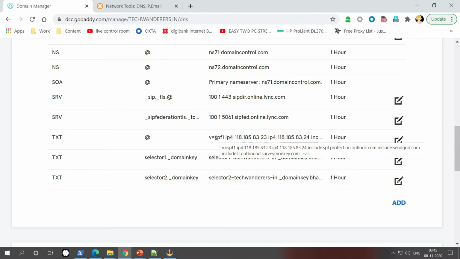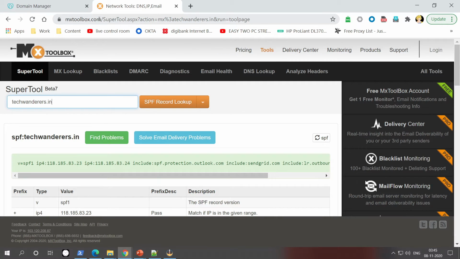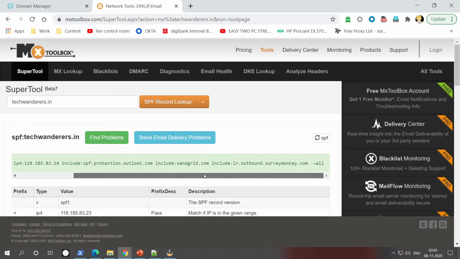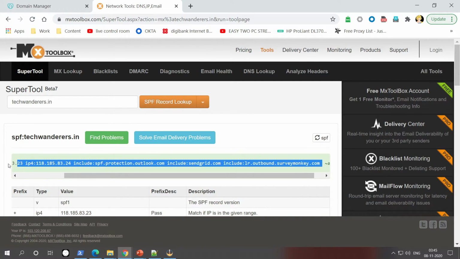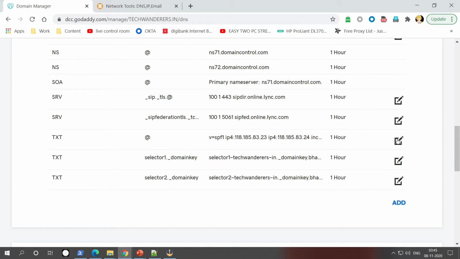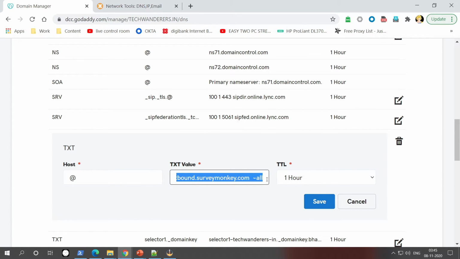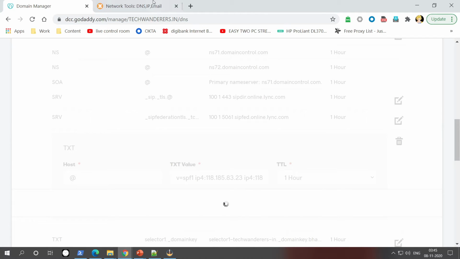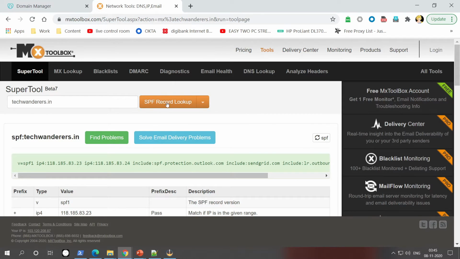You can simply verify your SPF DNS record from MX Toolbox. Go to MX Toolbox, type in your domain, select SPF record lookup, and the SPF record which you have configured will appear. In this case we have added extra space, so I'll go back and remove the extra spaces. It should be good now.